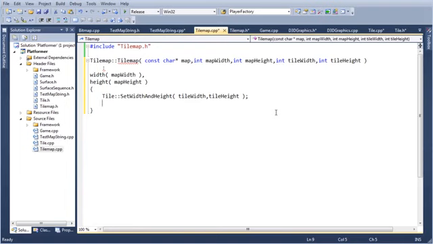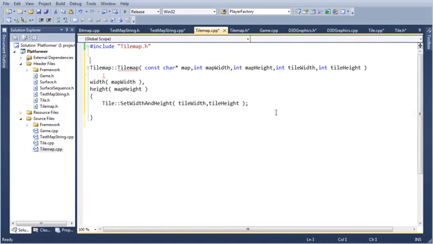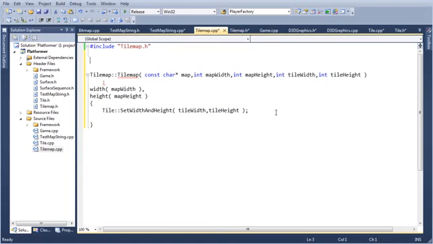So what we're gonna do here, ladies and gentlemen, I'm gonna make a define here. Solid black is gonna be this one.